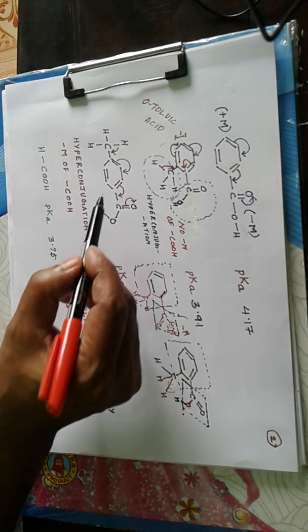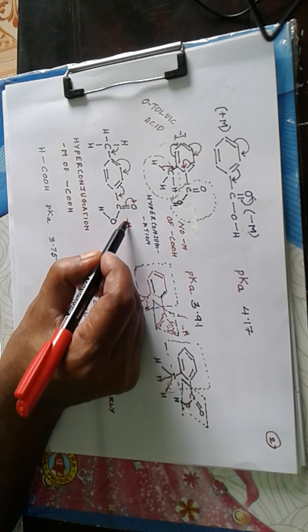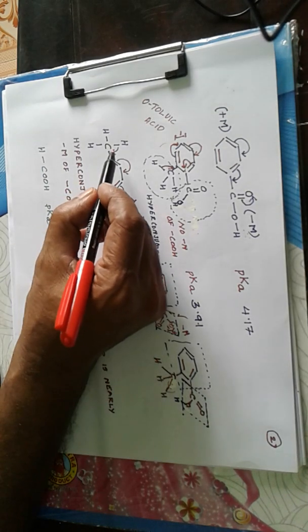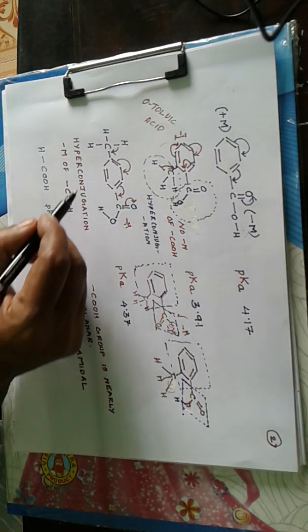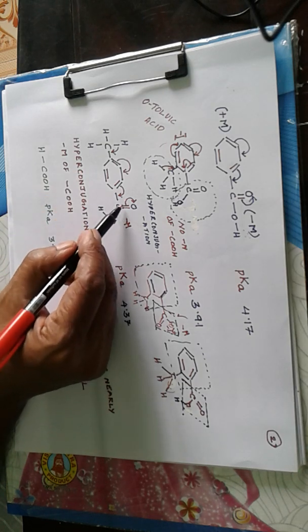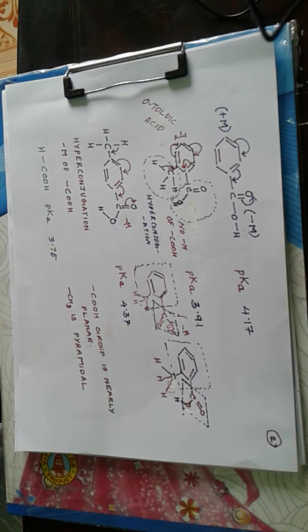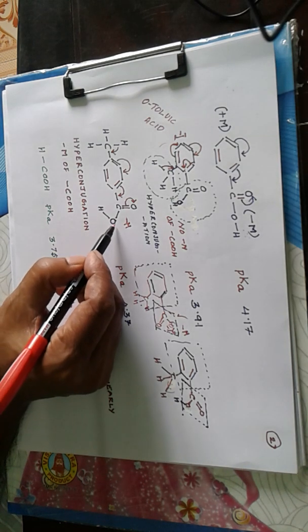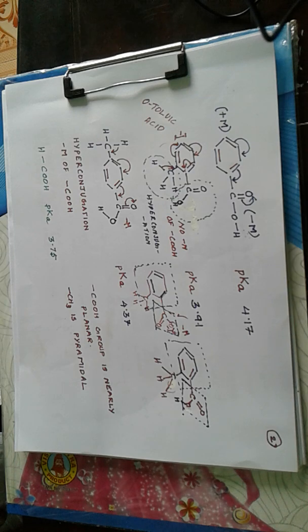Now in paratoluic acid there is no steric effect, so that plus some effect of the benzene ring or minus some effect of the CH group is present, and also there is hyperconjugation involving the 3 CH bonds, so additional electron donation to the carboxylic acid group by hyperconjugation. Both these electronic effects increase the electron density around the oxygen atom in the OH group, so there is a lesser tendency to take up the electron pair in the OH bond,